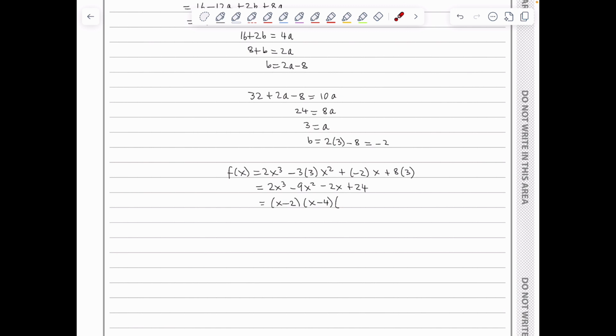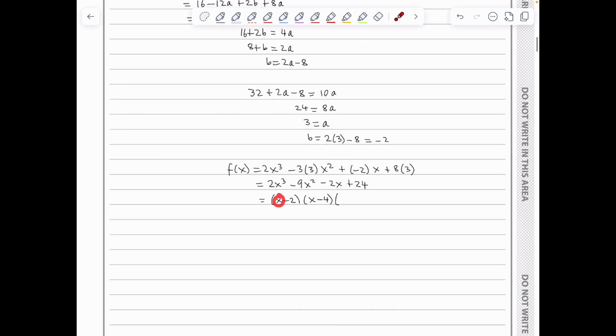the third bracket. Well, obviously x times x is x squared, and for me to get the leading term of 2x cubed, I certainly need this term to be 2x. And then to get the 24, the constant term, I've got negative 2 times negative 4, which is 8, so times 3 to give me the 24. So I'm missing the 3 here, which must be the factorized form for f of x, and therefore we conclude that k is